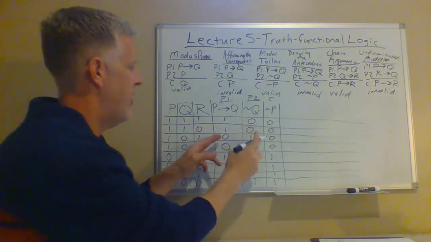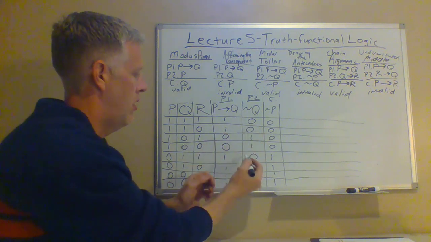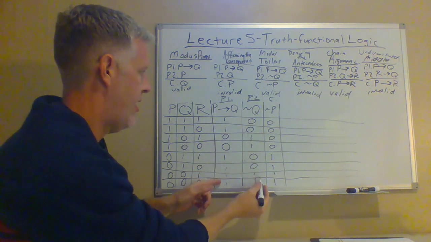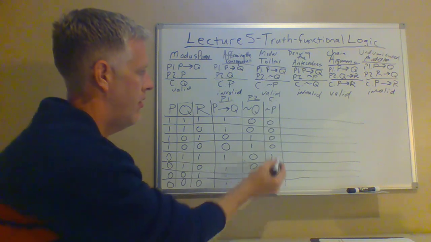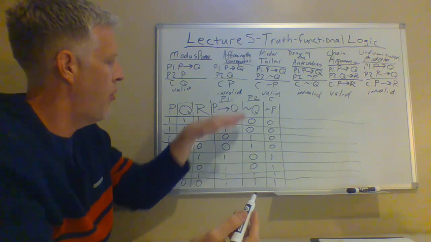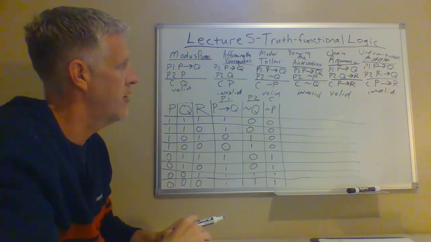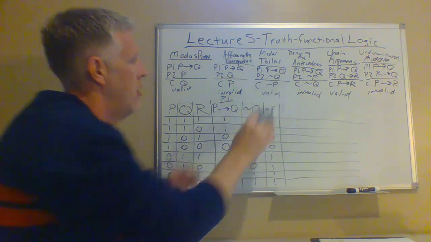So we want to find suspects. In other words, rows where both premises are true. We have 2 suspects down here, but in both scenarios, the conclusion is also true. So this is valid. That's why modus tollens is valid. We can't find a row where both premises are true and the conclusion is false. What about denying the antecedent? So premise 1 stays the same, but then these 2 switch. So this one,